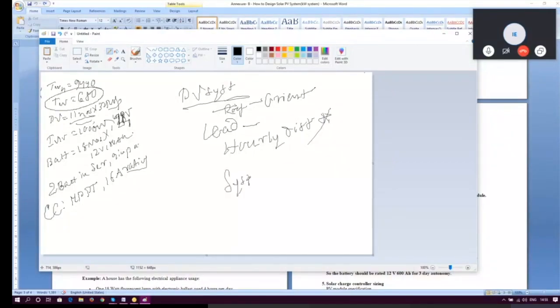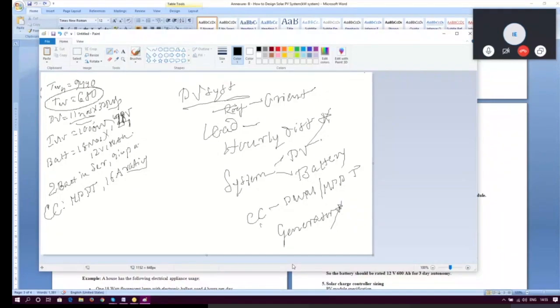Next is the system. In the system, we can only give two inputs: one is the PV and next is the battery. The inverter will be automatically taken, and in the case of the charge controller, we can only select whether we are choosing a PWM one or an MPPT one. This is the only selection we are allowed to give, because other ratings will be automatically taken by the PV system. Lastly, it will ask if the customer has a generator or not. It's also a new thing that we haven't done in the calculation part, right?